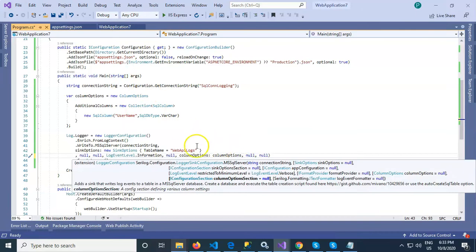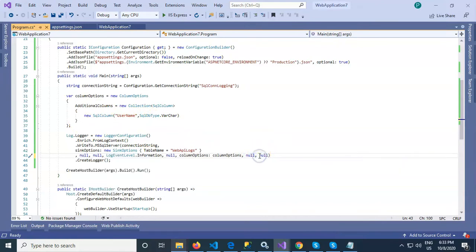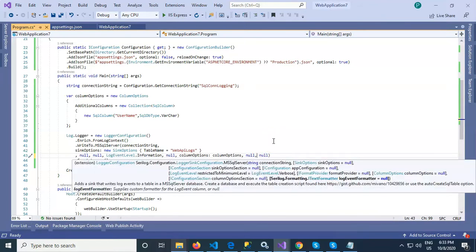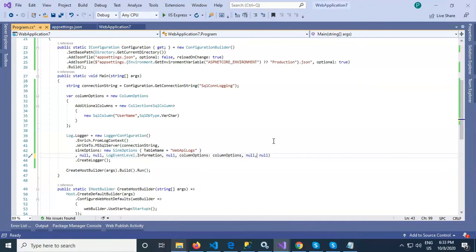So I have added that column option. You can also add multiple SQL columns here as per your requirement. Then we have a configuration section not required, so I have put it null. And then finally the text formatter is also null.